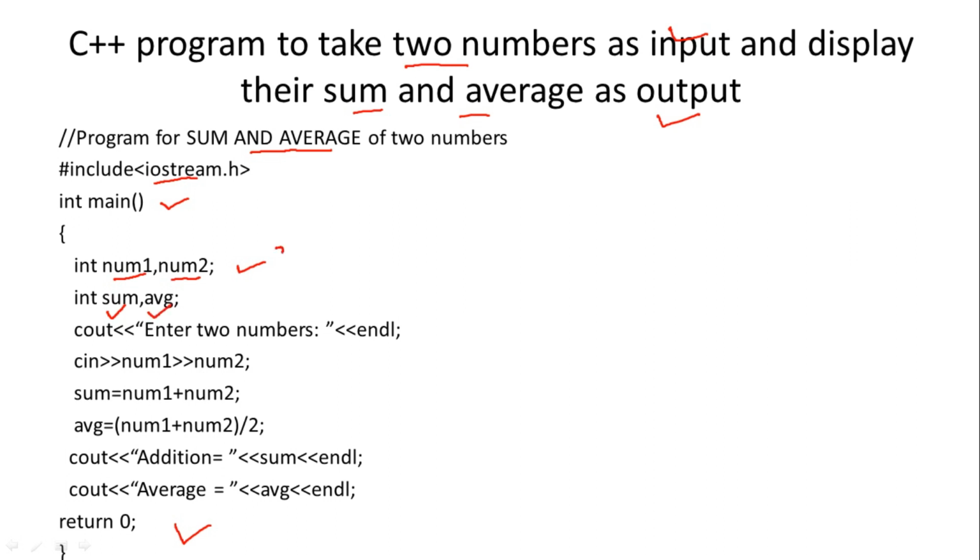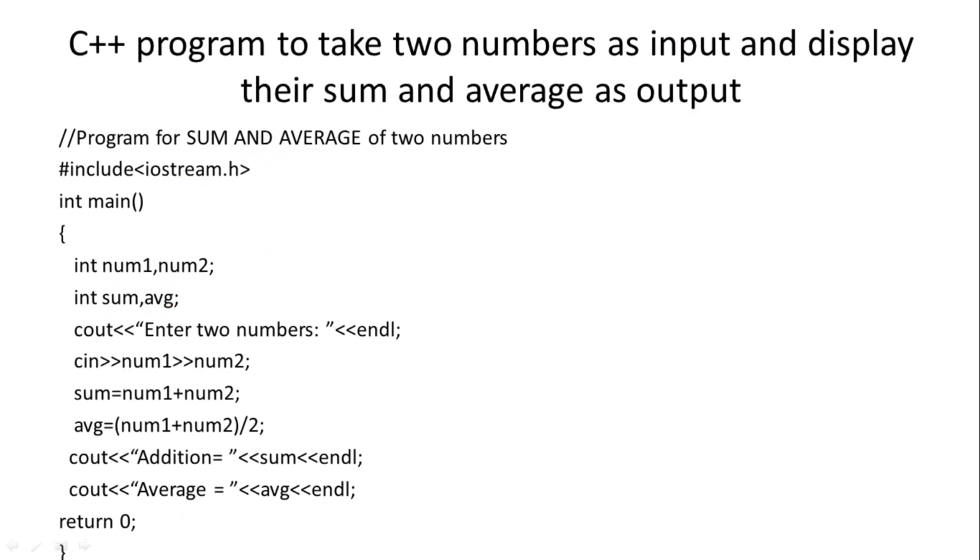So see here we have used the names num1, num2, sum and avg. Instead of these names you can also use x, y, z, a, b, but it is good practice to use names of variables corresponding to their operation. Here we are using numbers, that is why the related names are num1, num2. By seeing these names only you can identify for what these variables are used. For example, if in place of num1, num2 I use x, y, then x and y will not indicate what we are using these two variables for.